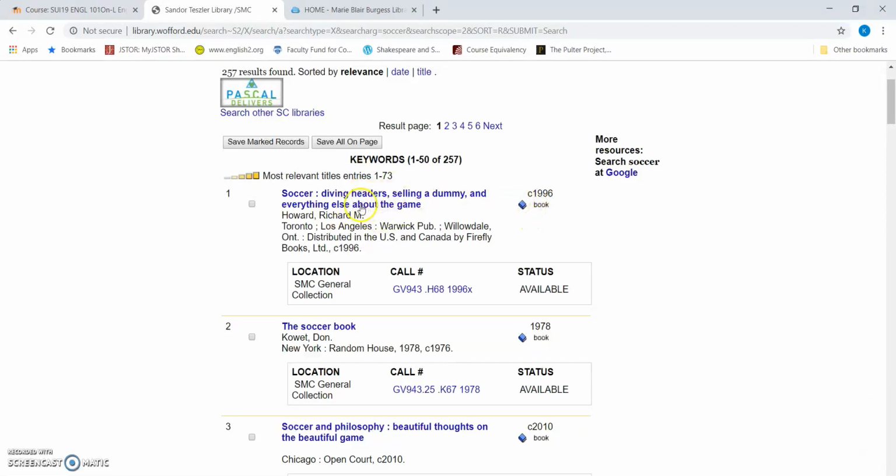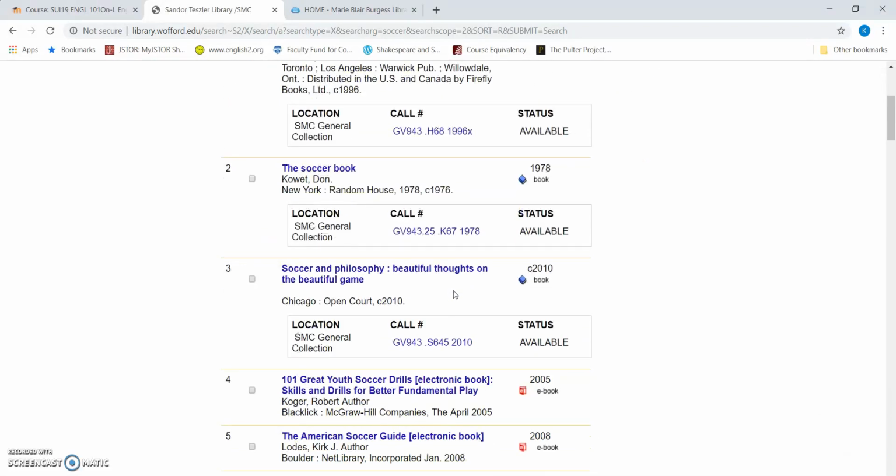This one right here, number 1, published in 1996 by Richard Howard, called Soccer, Dividing Hitters, Selling a Dummy, and Everything Else About the Game. Interesting. This is a hard copy book. That means it's on the shelf in the library. Now, if you happen to be in Spartanburg or close to Spartanburg this summer, you can go check it out. That's fine. If you want to do that, this is the call number. This is how you locate it on the second floor of the library. All the books that you can check out are on the second floor. If I scroll down,